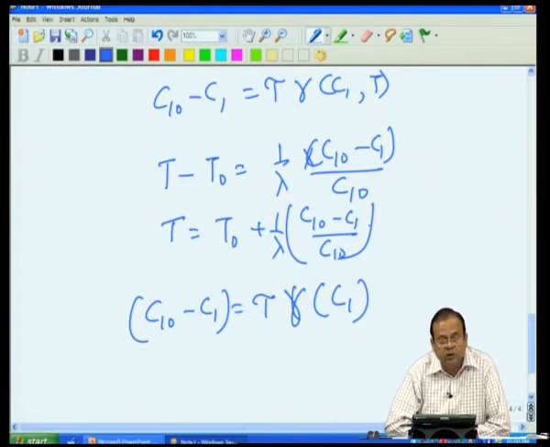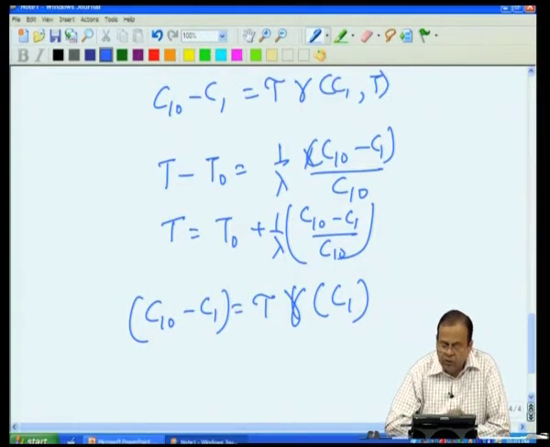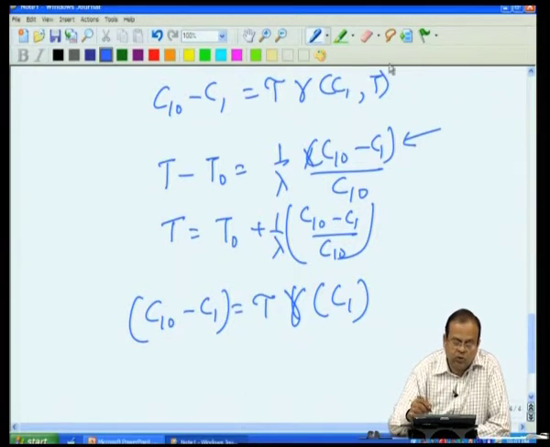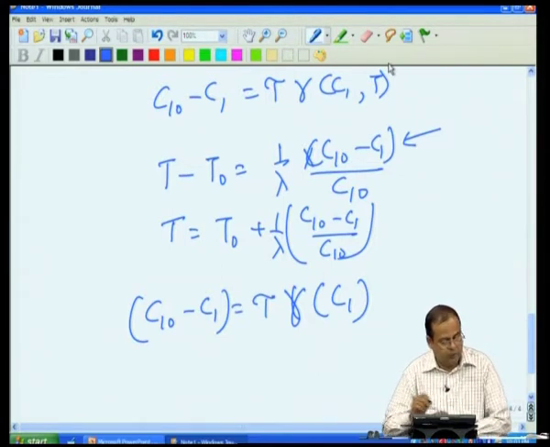It is not a simple relationship, but nonetheless we have a single relationship that suffices to account for both mass and energy balances. Why is that possible? That is possible because we have mass balance and we have combined mass and energy balance, and therefore we can eliminate concentration in terms of temperature, or temperature in terms of concentration.